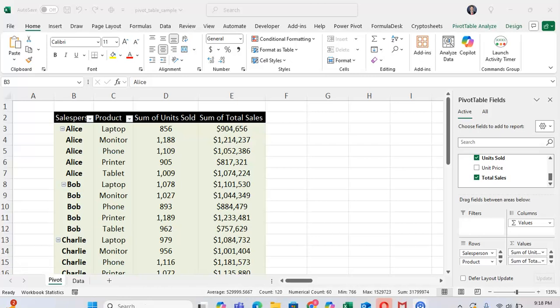In this tutorial, I want to show you how you can make it to where Excel will preserve the cell formatting of your pivot table whenever you're updating it or refreshing it. So here we have a pivot table of products by a salesperson with the number of units sold and sales